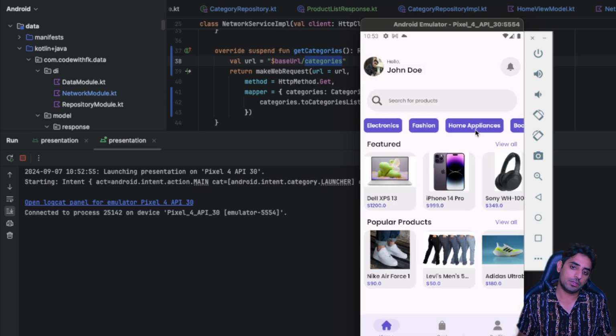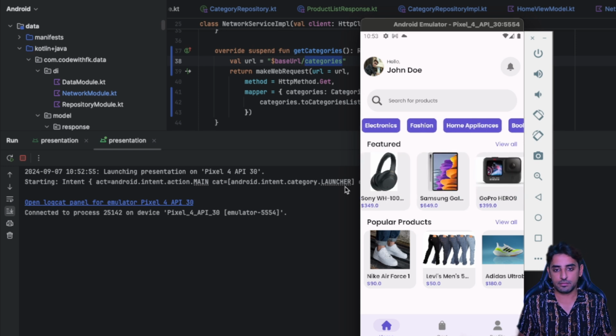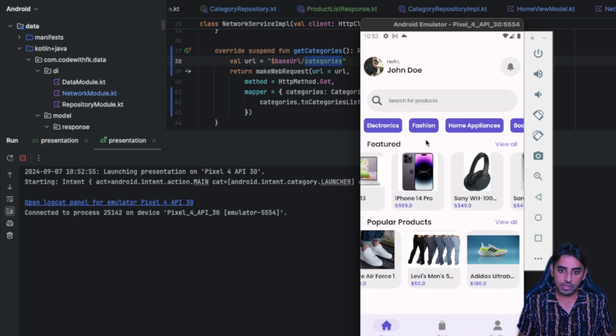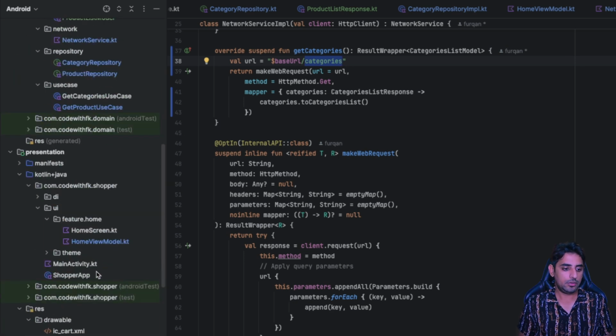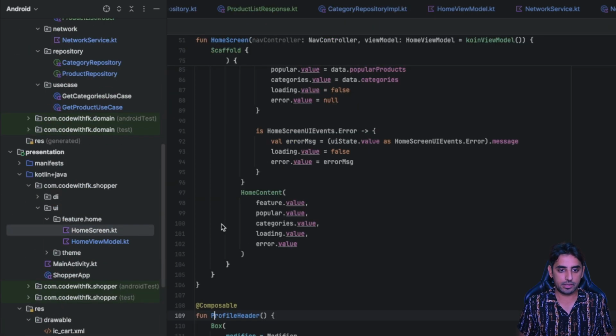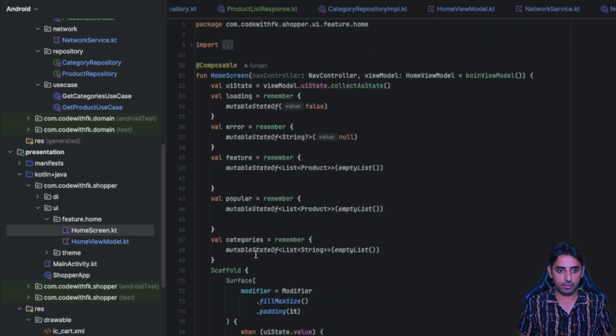So let's see. Now you can see that you have this one. Cool. So the thing is that now it looks good, but I want to add some animation to it. Like when we draw these, they should come with some sort of animated flows, right? Okay, so to add this animation to this list that I have over here, you can see that I have